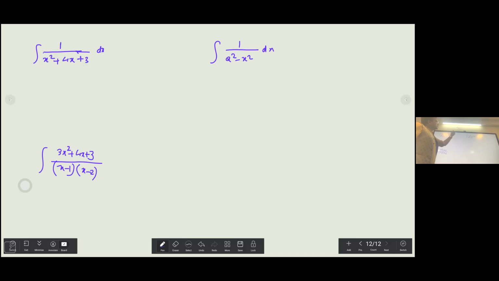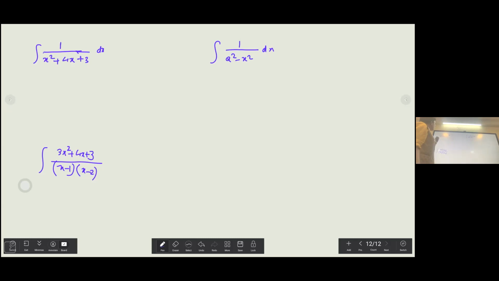And in these ones, at least you see your denominator is factorizable and the degree of the numerator is smaller than the degree of the denominator. Like for example, here it's a constant and the degree of the denominator is quadratic. So if the degrees of numerator and denominator have that kind of difference, you can apply partial fractions. And when I say partial fractions, you should be an expert at it. I'm not going to touch base on partial fractions in detail. I'm assuming that you know that.